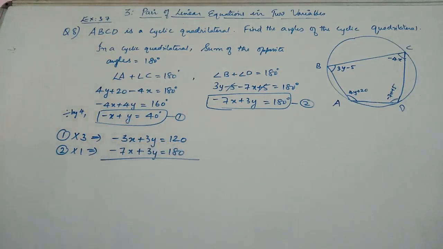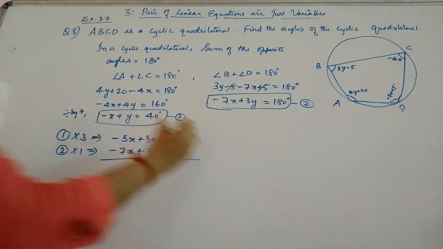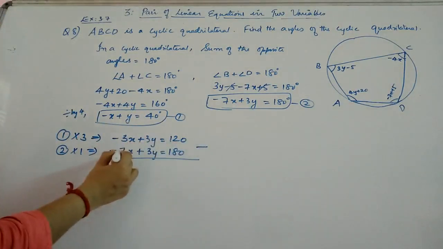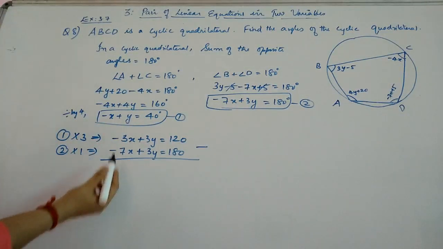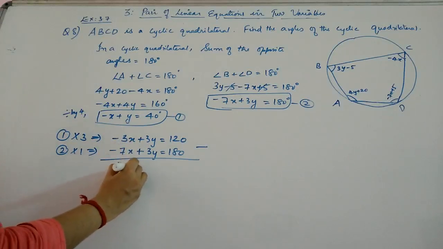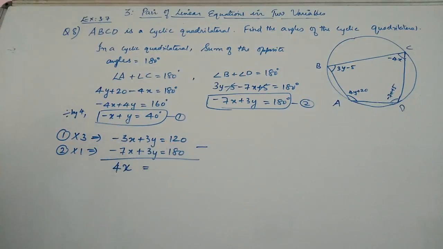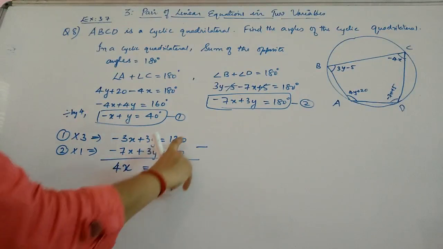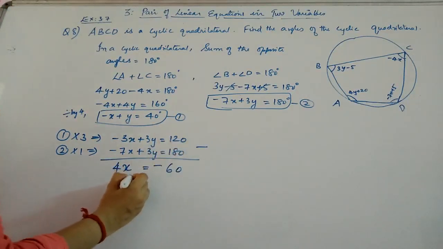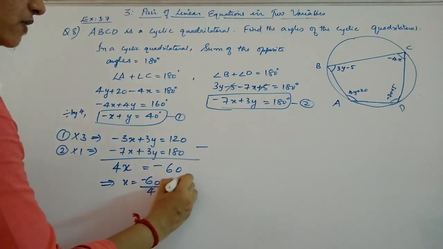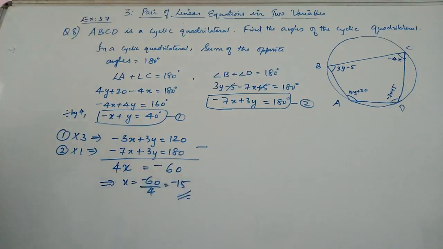Now what we need to do in order to eliminate one of the variables, you have to subtract. So we are just subtracting the two equations so that these two will go and you will get minus 3x minus minus 7. Minus 7 will become plus 7. So minus 3 plus 7 will give you 4x is equal to, here you will have 120 minus 180. So it will have a negative sign, because bigger has the negative sign, and this will give you minus 60. So that your x value implies x is equal to minus 60 by 4, which is equal to minus 15. So this is the value of x.